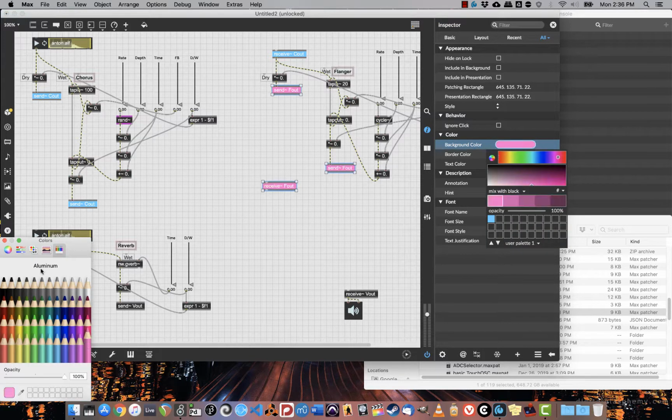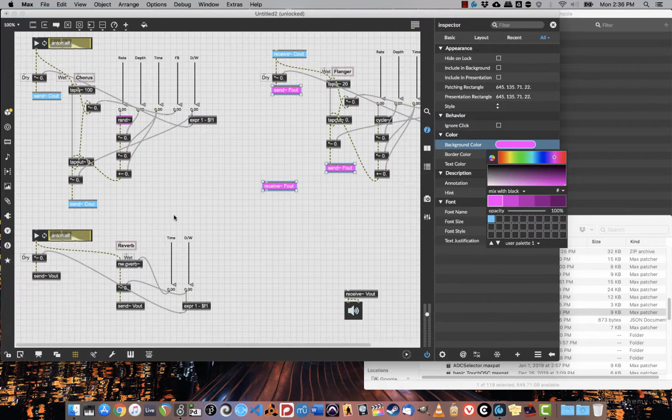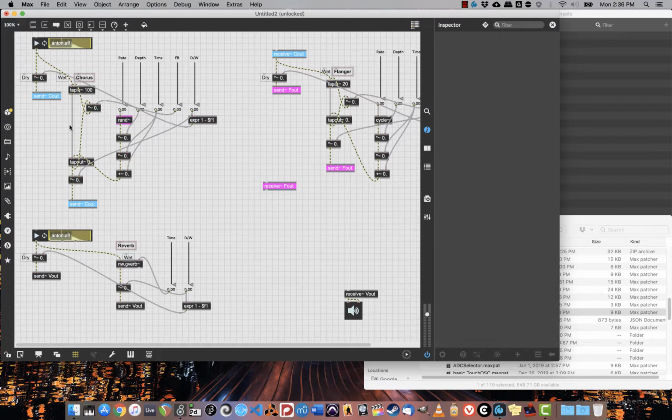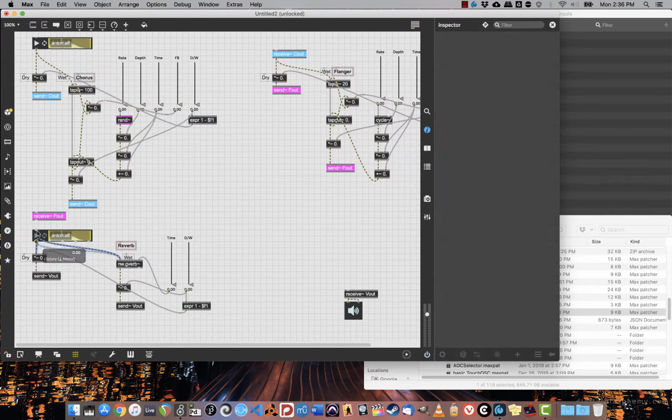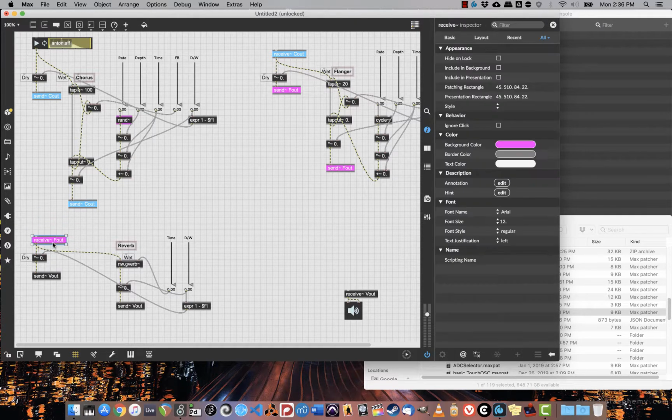We're going to go with kind of a fuchsia. I like to use things that remind me of what the function is. So cyan, sort of, for the chorus, fuchsia, sort of, for the flanger, and then I'm going to take that down here, connect it up like that, delete,